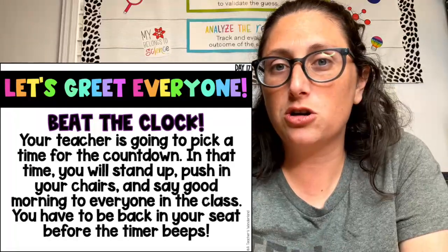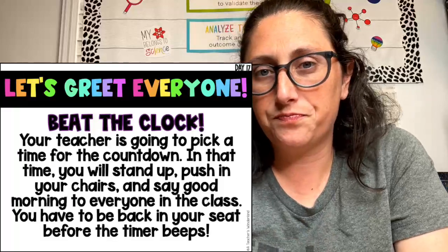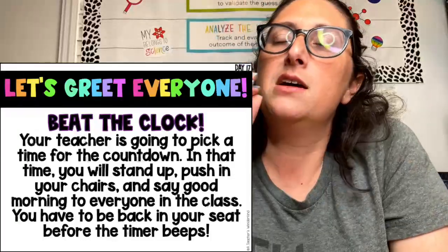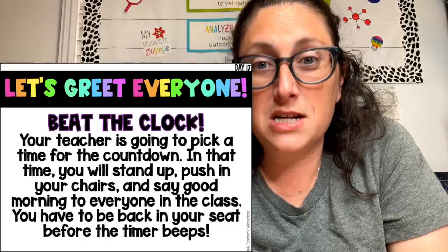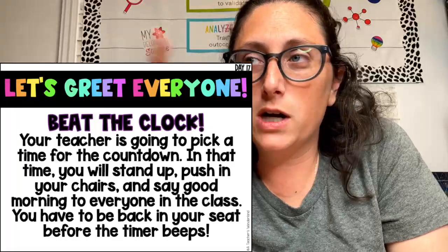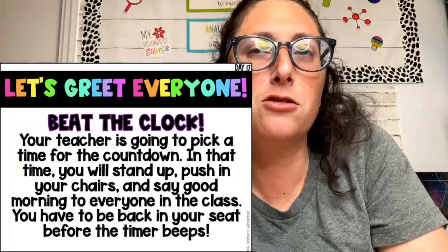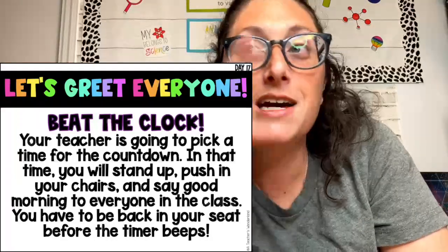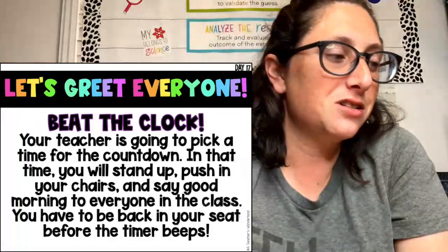I like to start off the year at like 6 minutes or 5. And I always do seconds. Like I always go 5 minutes and 27 seconds. It's just weird. If we do it again, we're going to go for whatever we beat. So if we got everybody back in their seats at 4 minutes and 25 seconds, next time we're going to do 4 minutes and 24 seconds. It's just a fun way to